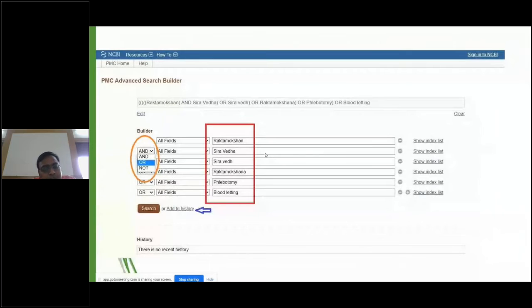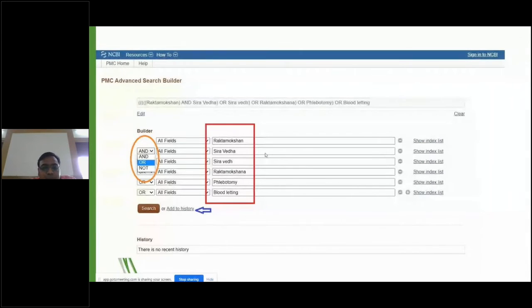I am using here, just for example, Raktamokshan, then Siravedha. Some scholars use Vedha, some use Veda. Some scholars use Raktamokshana, some use Raktamokshan. There is a modern terminology in medical science, phlebotomy, for Siraveda. Then bloodletting is also one of the names for Siraveda we can use here. So these are, for example, the terms